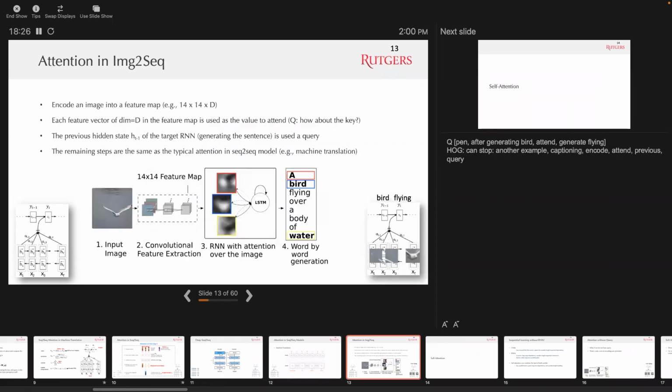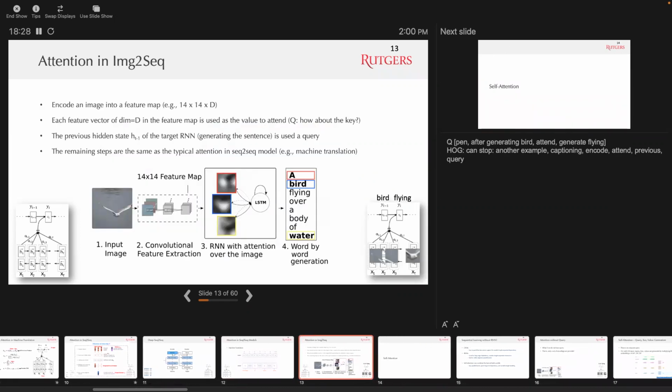But what if you have another task? Let's say that you want an image captioning task. Given an image, I would like to automatically generate a caption for the image. Then at this time, this image is actually not a sequence, right? Usually it's not a sequence. Right? It's a 2D matrix, right? So how are we gonna use this attention mechanism, along with a decoder RNN, to generate a caption for